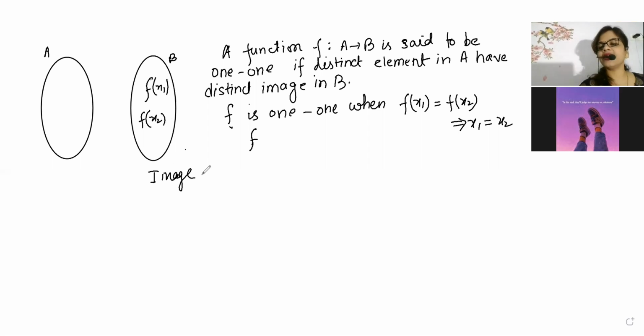Like when you are standing in front of a mirror, your image will be in the mirror, but what are you? In physics you are the object, in maths you are the pre-image, because the image is formed from the pre-image. So what we are doing here is, we have to prove that the pre-images are equal. That means these two images are not two different images, they are also one. If these two are equal, then these two are also equal. This should be your idea. This is exactly the place for the pre-image.